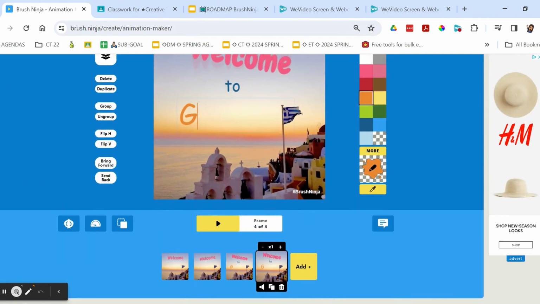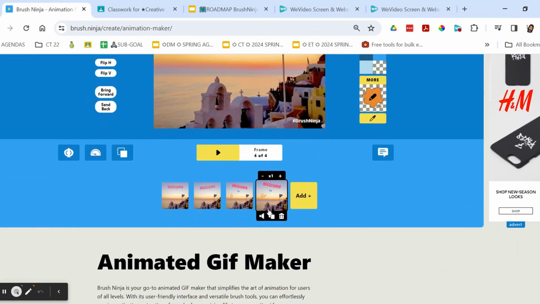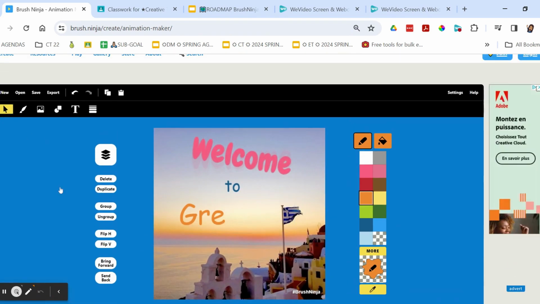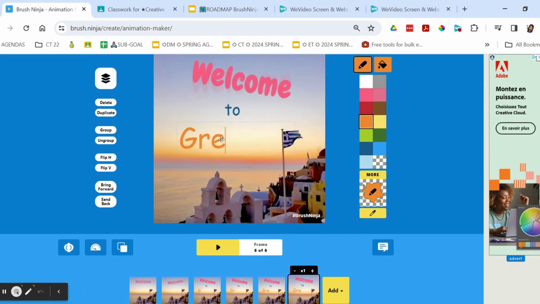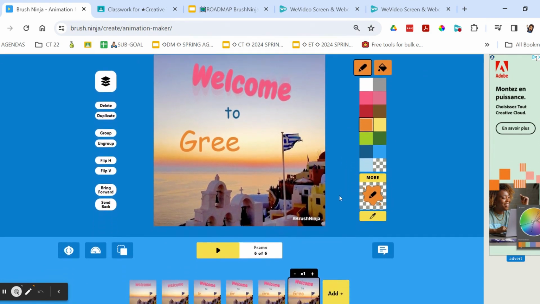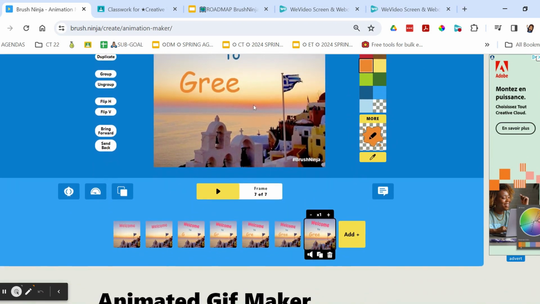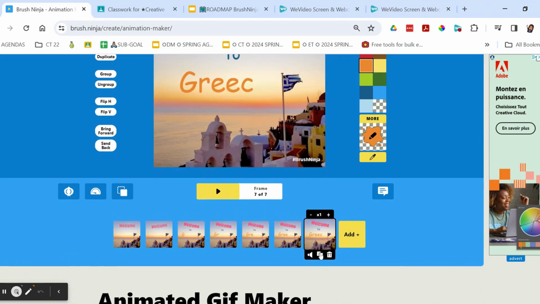And you're going to add your next letter, R, and then again, set your text, duplicate, E, and then set your text, duplicate, and then you are building out all the letters. And again, by selecting the select and move button, you'll notice it has a text box around it. And when I press select, it sets it on the page. So if you have trouble with your text not appearing correctly, make sure that you're setting it after each one. And then I'm going to go ahead and say C, set my text, and then duplicate,